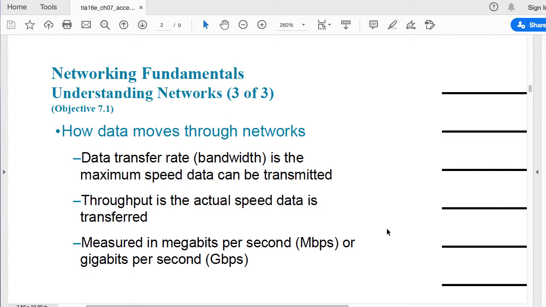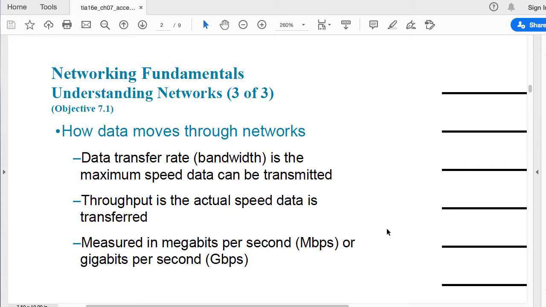So for example, when you're hiring an internet service from the internet service provider, or ISP, most of the time you're going to hire that service based on the bandwidth, right? That bandwidth that you're hiring is telling you how fast your communication can go, how fast it can reach. It doesn't say that you're going to have that speed the entire time.